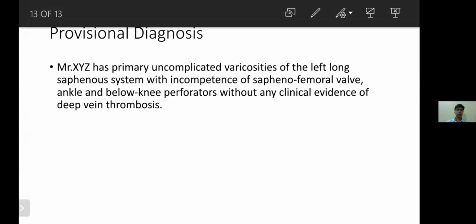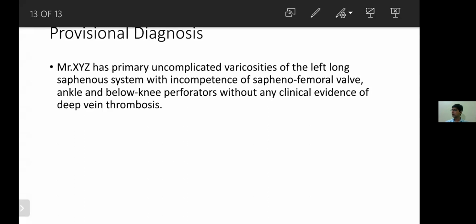So what are those signs? If someone asks, what is Homan's sign? It is used for DVT. What is Homan's sign, Namrata? If you have asked, you should know the answer. On passive forceful dorsiflexion of the foot with the knee extended, it causes pain in the patient. So it is not done because of that. Again, you do not do any tests that elicit pain in the patient, especially the sharp bursting pain that is present in DVT. That is not done even clinically, and you do not mention it even clinically. But if asked, you should know what it is.